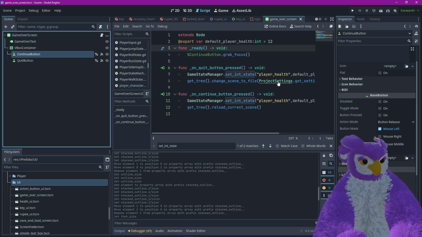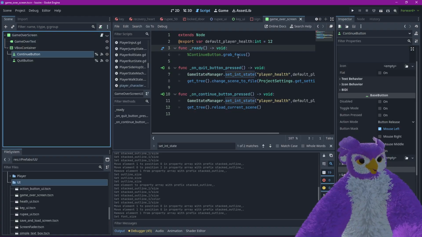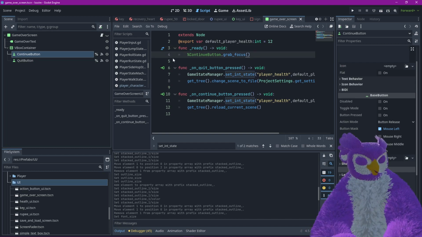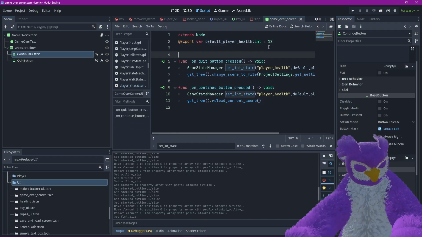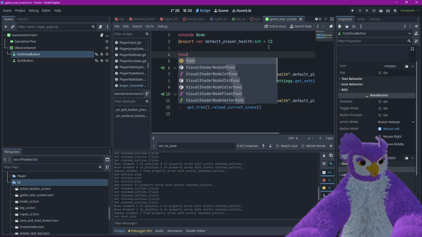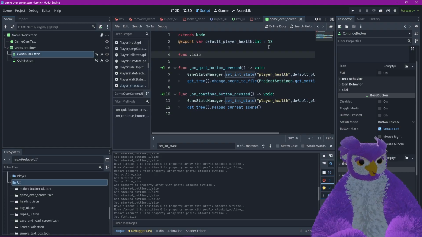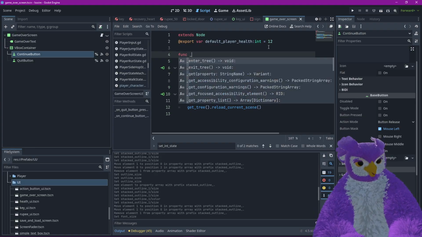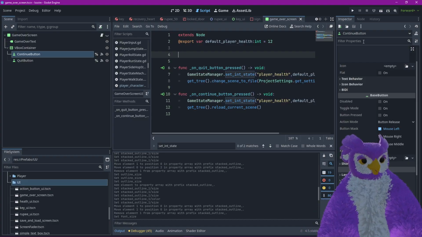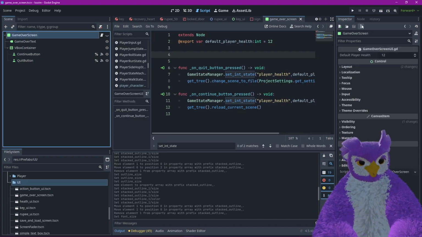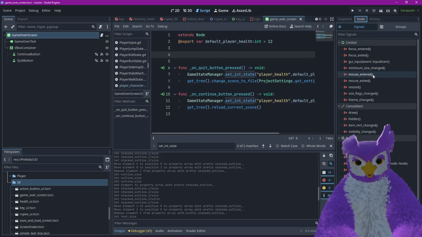We can have it off by default, and then actually we don't want the grab focus. I think we want to tie into our